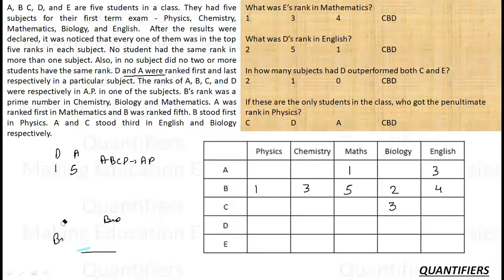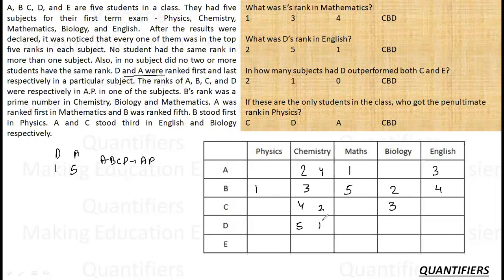Now I'm left with two patterns to use, AP and DA. So let's see, where can I make an AP? If this is 1, it cannot be an AP because in 0, 1, 2, 3 it is not possible. Here it is not possible because 1 is already here, so it cannot come here. And 3, 4, 5, 6 is not possible because 5 is the maximum rank. So the only place where an AP can exist is this. If I give a 2 over here, 2, 3, 4, 5 is one possibility, or 4, 3, 2, 1 is one possibility. These are the two possibilities.